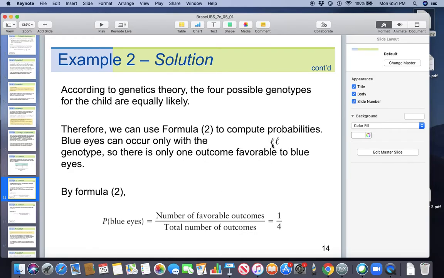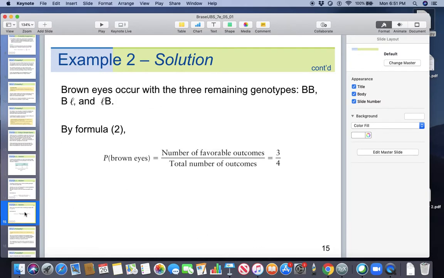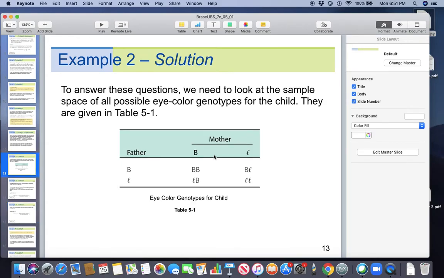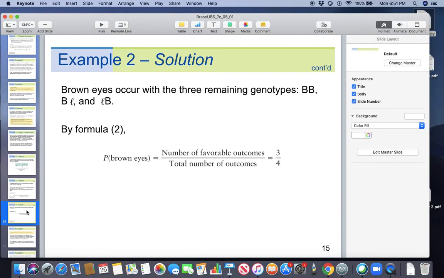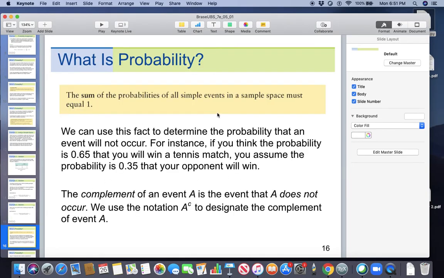So there is only one option out of four: number of favorable outcomes over total number of outcomes. On the other hand, the probability of having brown eyes is the rest of it. One option guarantees you blue, the rest get you brown eyes. Okay, so we'll come to the next slide in the next video. Until then,